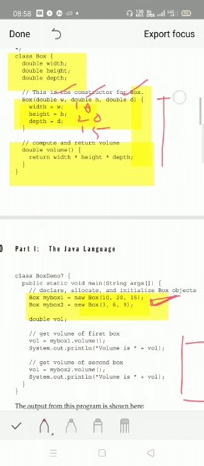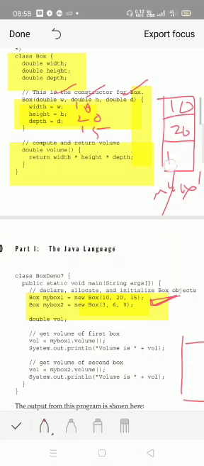Better I will write the content of object 1 here itself. Object 1 name is mybox1, isn't it? Width, height and depth received the values 10, 20 and 15 respectively. This is the first object we have created and initialized its content by the constructor.